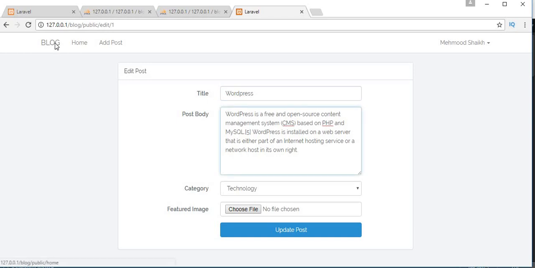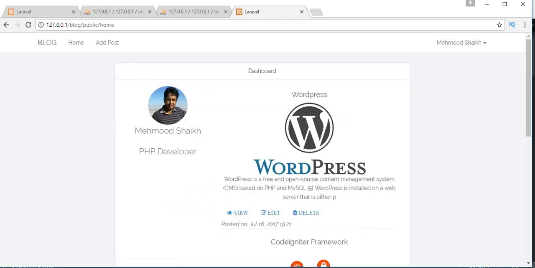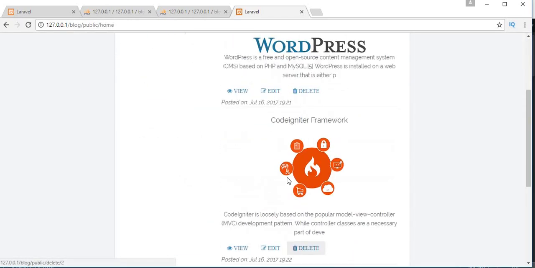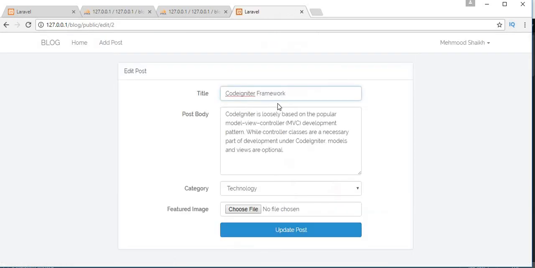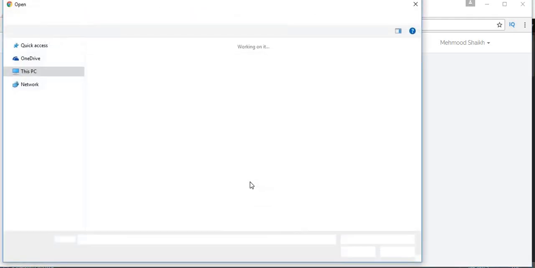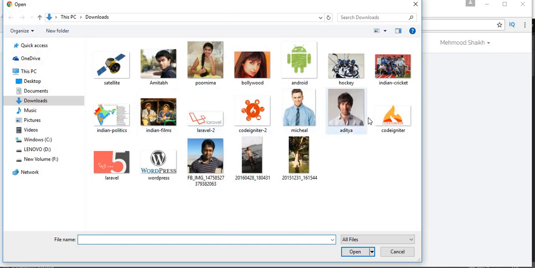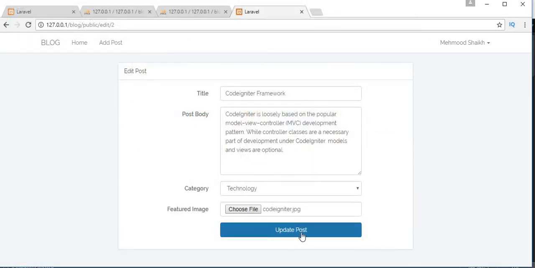Okay, now let's go to our home page, and let's try to update this second post. Now click on edit, and it's fetching the information of that particular post, and this one is also placed inside technology, and let's select the image. Okay, let's take this one, and now if I click on this update post,